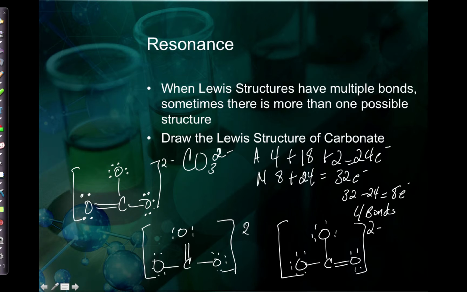All right, so I have 3 possible Lewis structures here. So the double bond could be here, here, or here, and that's one of the ways that we can demonstrate